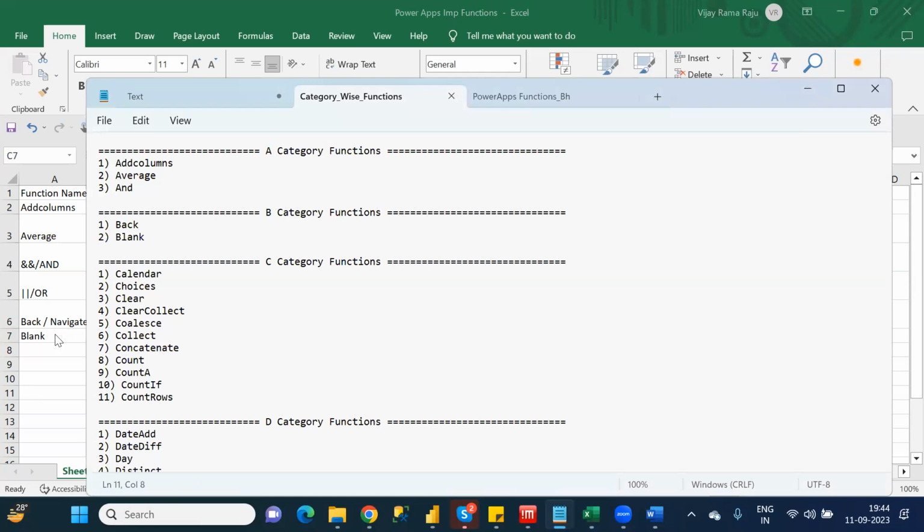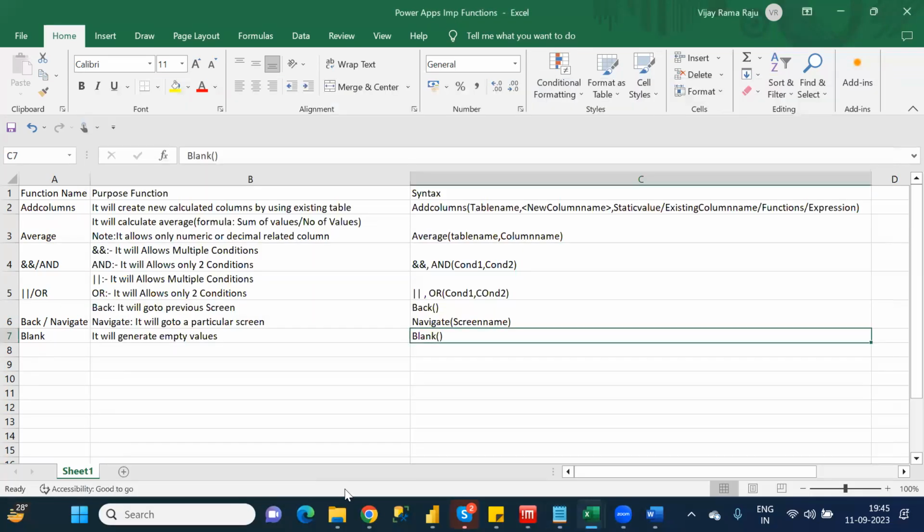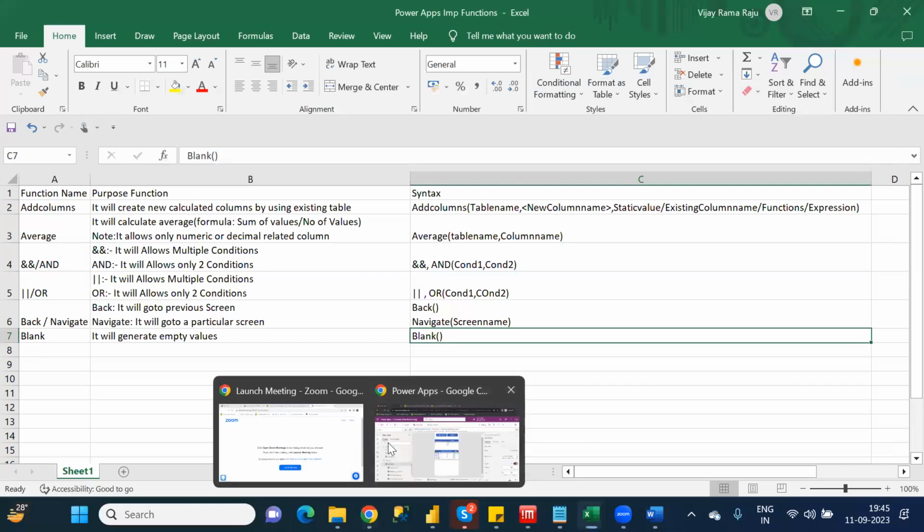Calendar function, you know, right? Calendar dot. Suppose you want the month name, short month name, short week name. There are different categories, so based on that you have to mention it. Suppose, for example,